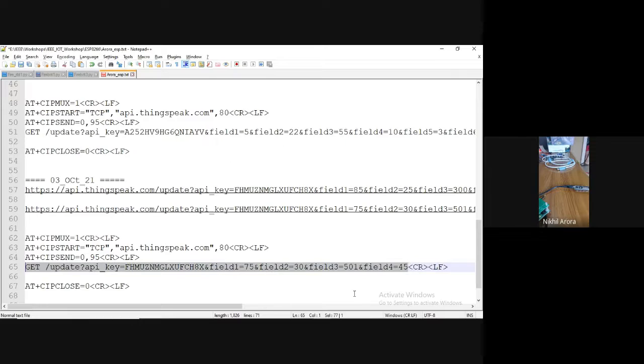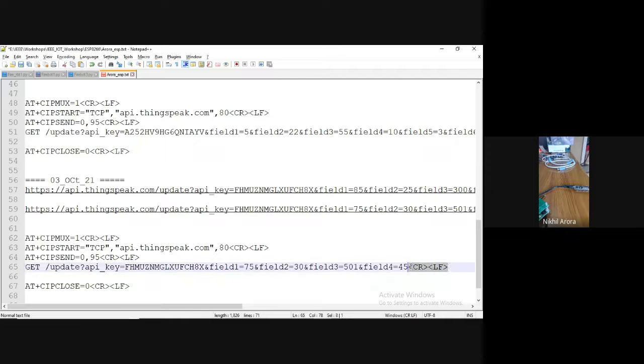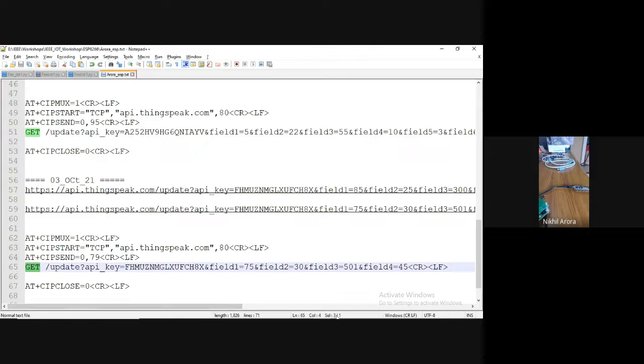Okay, now how many bytes? This is basically 77 bytes plus 2 extra bytes for CRLF. So 77 plus 2, it will become 79. You understood how the 79 came? Again, from GET up to the end, this is basically 77 bytes you have selected. See, for example, GET is only 3 bytes. So how much is coming? Selected 3. Okay. Up to the end is coming, selected 77, at the bottom line you can see. And then plus 2 extra bytes for CRLF, so 79.